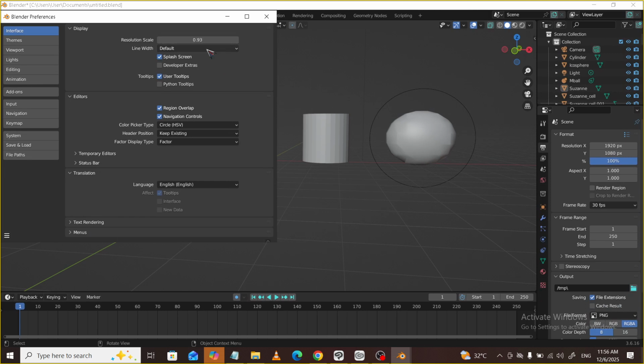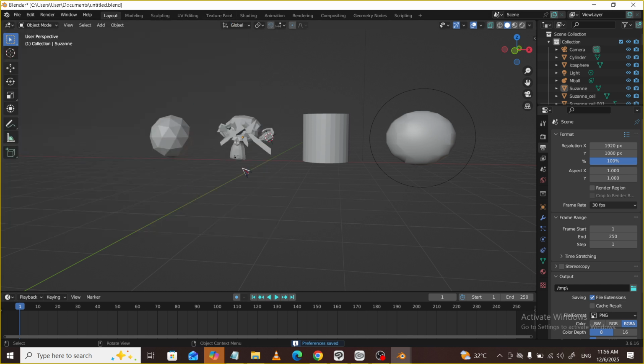To recap the path, go to the Edit menu at the top, choose Preferences, and then click the Interface tab on the left. From there, you're in the hub for tailoring Blender's look and responsiveness to match your workflow. Take your time exploring the descriptions next to each option, make gradual tweaks, and notice how small changes can make your workspace clearer and more enjoyable. That's all you need to confidently open the Preferences window and navigate to the